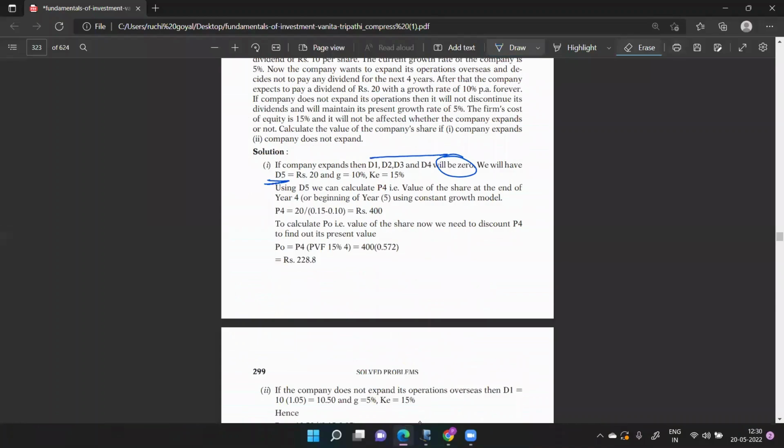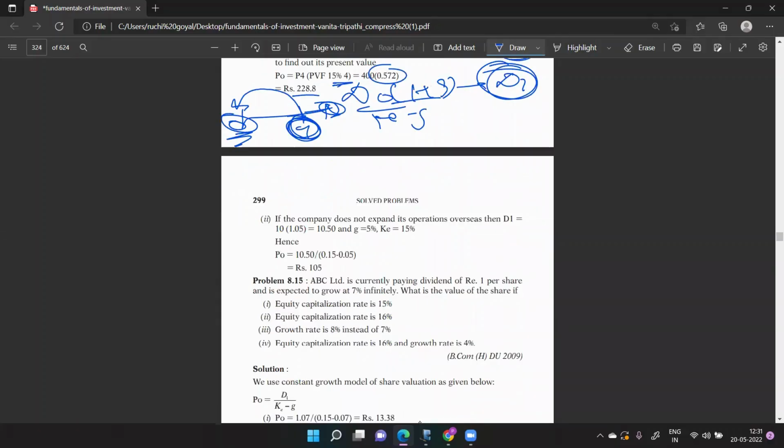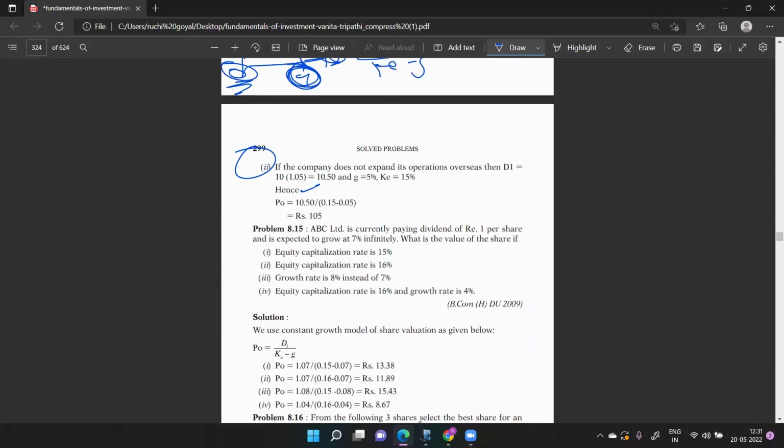ठीक है, लेट्स सी इसने क्या किया है। नाउ दिस इज द फर्स्ट ऑप्शन, अगर मुझे एक्सपैंड करना है तो D1 D2 D3 D4 वुड बी 0, D5 क्या हो जाएगा 20, ग्रोथ 10% KE। तो अगर मैं D0 1 + G अपॉन KE माइनस G वाला फॉर्मूला यूज कर रही हूँ, तो मुझे ऑलरेडी D1 दिया हुआ है। क्यों? क्योंकि टाइम लाइन पे मैं यहाँ खड़ी हूँ एंड मुझे 5th वाला दिया हुआ है दैट इज 20, तो मुझे D1 की वैल्यू दी हुई है। तो आई डिड नॉट डू 1 + G अगेन, ठीक है, अपॉन KE माइनस G comes out to be this, but this is the value of P4, that is I am standing here, I need to reach at point 0। क्या करूं मैं? 4th ईयर का प्रेजेंट वैल्यू फैक्टर से मल्टीप्लाई कर दूं, आई विल रीच एट दिस पॉइंट। ठीक है, अगर कंपनी एक्सपैंड नहीं करना चाहती देन इट इज वेरी इजी, D0 × 1 + G अपॉन KE माइनस G comes out to be 105।